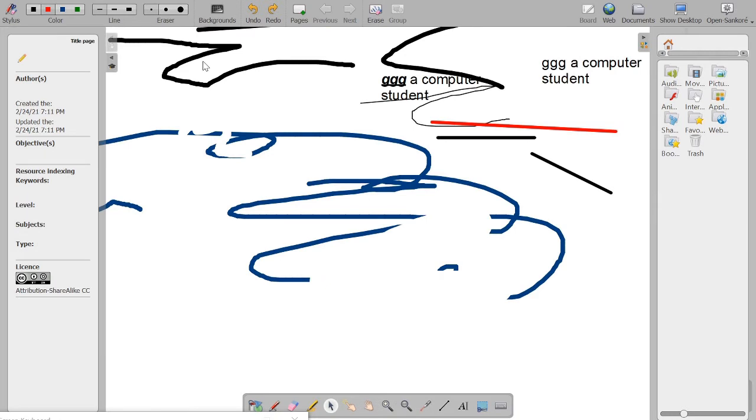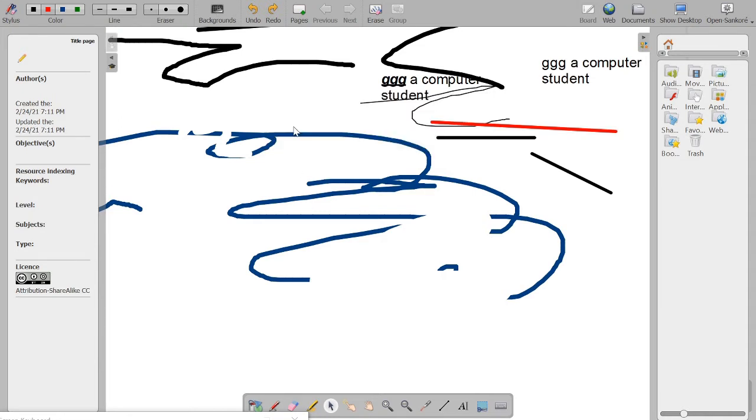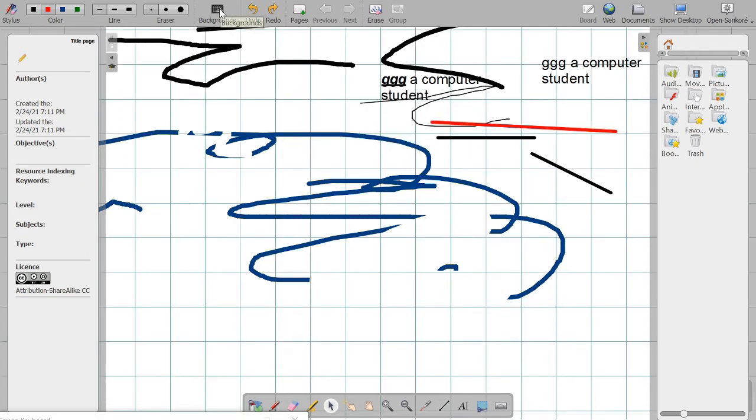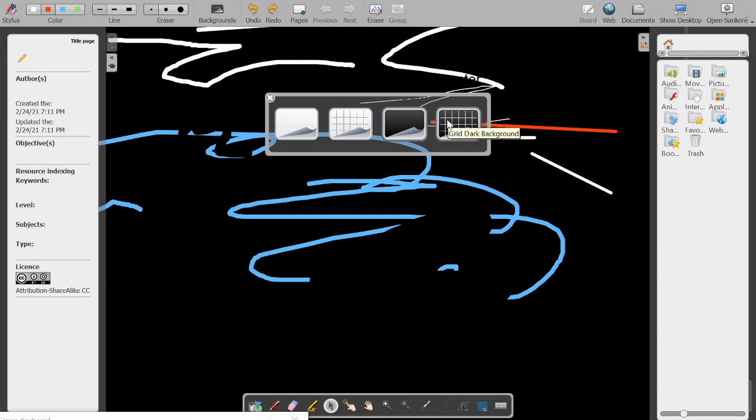So next option we have is of backgrounds. We can choose from four different backgrounds. One is plain light background. Then second one is the grid view. Third one is the black background. And we see the color options for the annotation pen and for highlighter also changes when we change the background from white to black. Then similarly we have a grid view in the darker background.